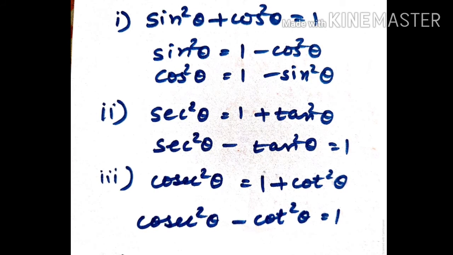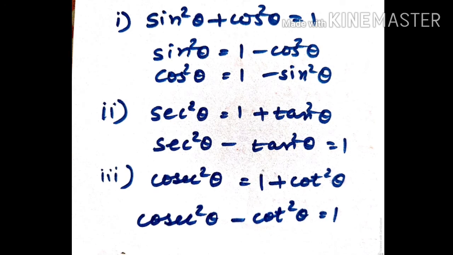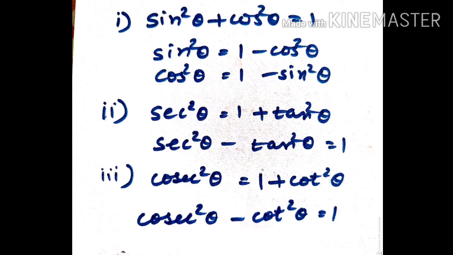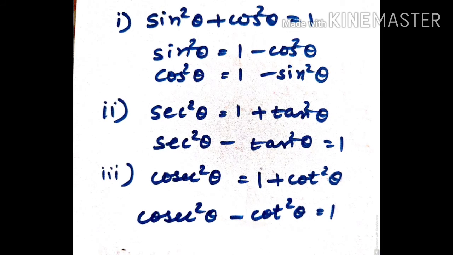So from the three square relations, you have to remember this more, that sine square value, cos square value, sec square minus tan square is 1 and cosec square minus cot square is 1. So if you don't memorize it, it is very understood. From the first relation only you can write these equations accordingly.